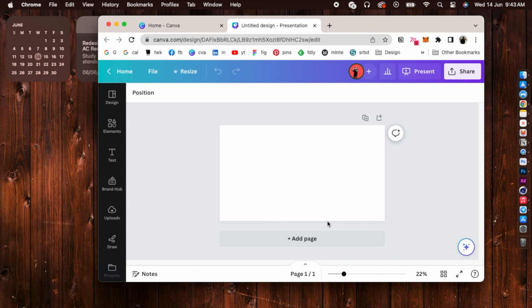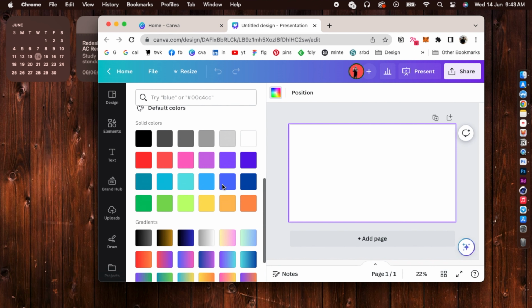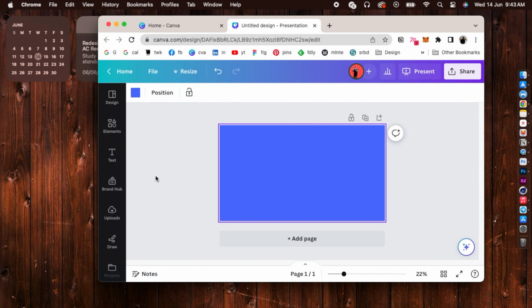So the advantage of Canva is that since it actually works in a slide format, it's already sliced, so you don't have to worry about slicing them later. So let's start creating or building our project. So I'm just going to, let's say, quickly do a design here. So we'll start with something like this, and